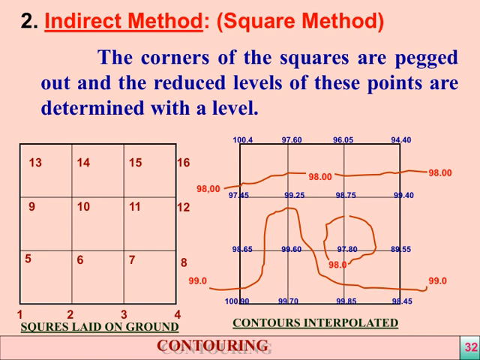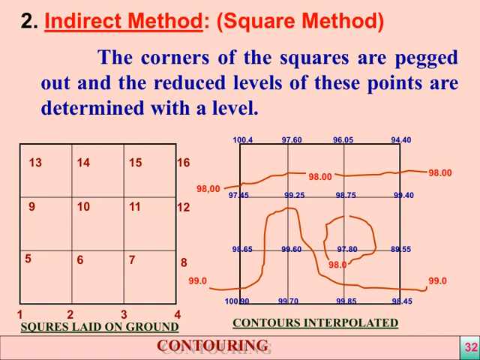Finally, the process of contouring, as depicted on the slide, involves connecting points of equal elevation to create a contour map. This map provides a clear representation of the terrain, essential for planning and analysis. In essence, this method allows us to accurately determine and represent the surface elevation by systematically measuring, interpolating, and contouring